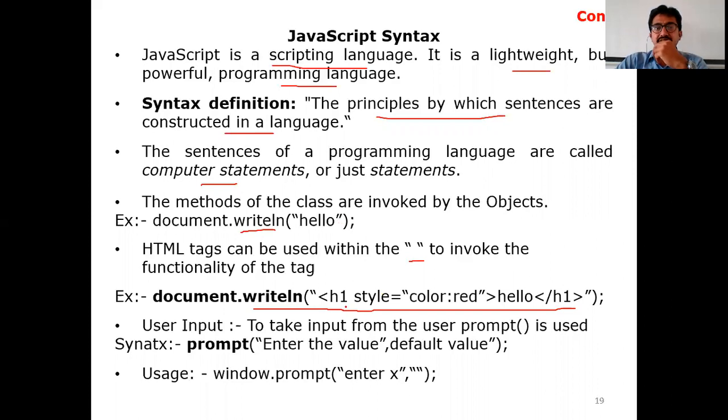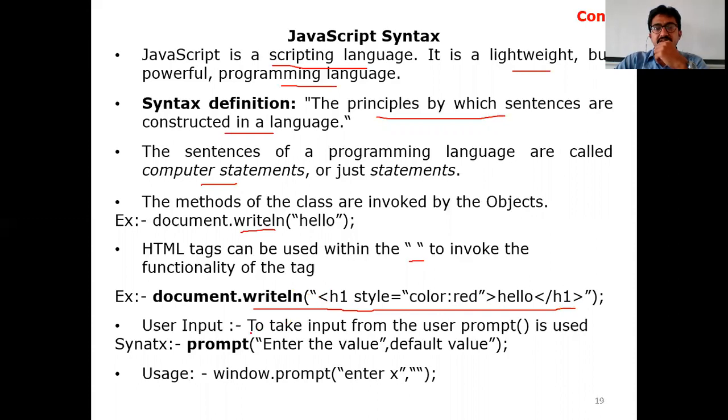Now, how we are writing inside the HTML page: previously we added JavaScript to the HTML. Now here, for JavaScript, you can also add HTML inside the writeln function. Not only writeln, you can also use the write function. In the double quotation, we are mentioning the HTML tag. So display with the color, hello, with the tag h1.